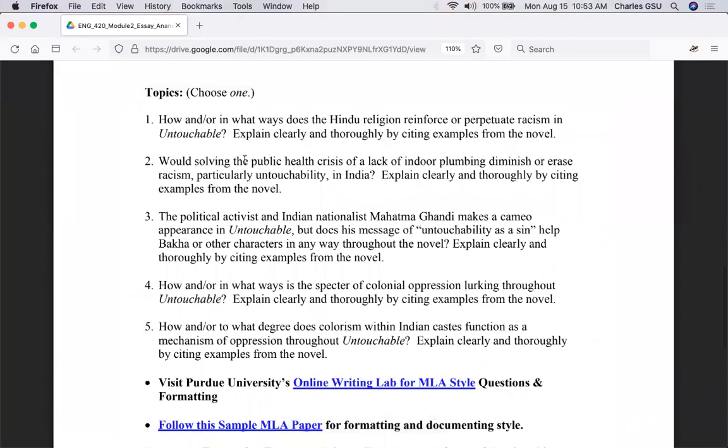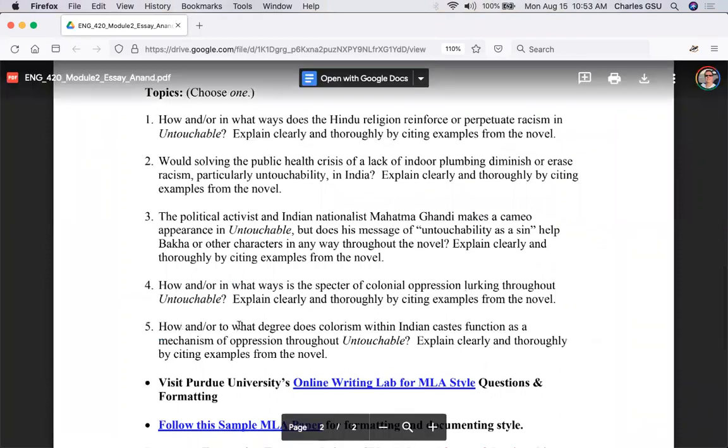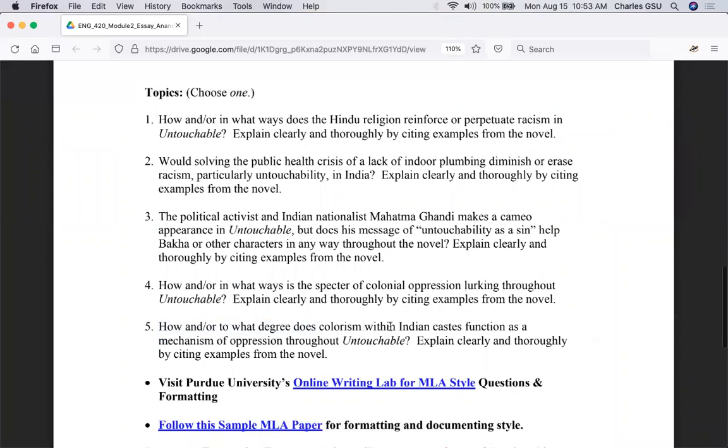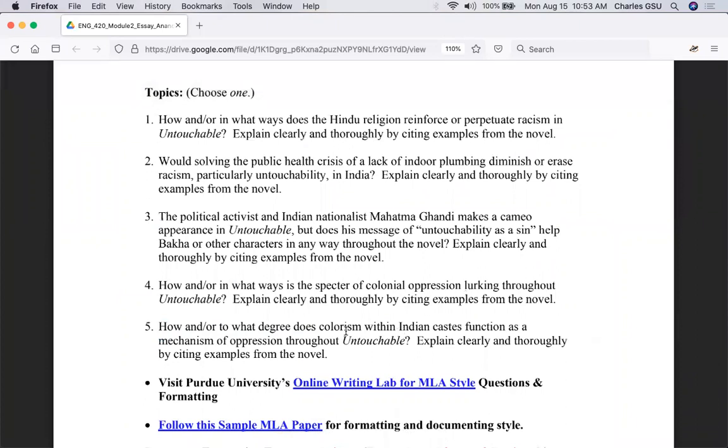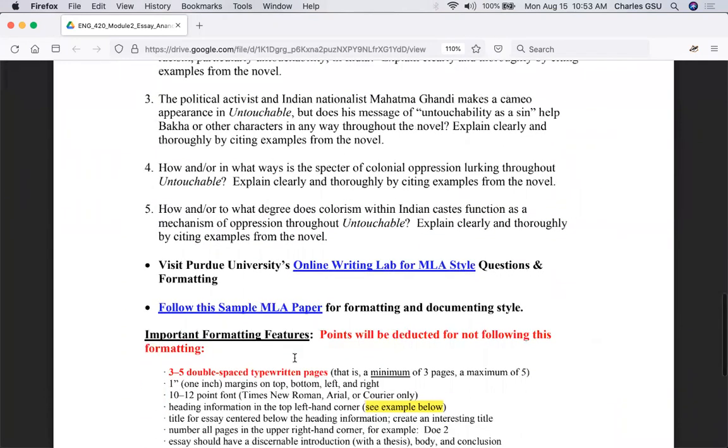So, for example, how and to what degree does colorism within Indian caste function as a mechanism of oppression throughout Untouchable, the novel? Explain clearly and thoroughly by citing examples from the novel. And if you have forgotten how to cite and document, then I tell you to, on the one hand, follow